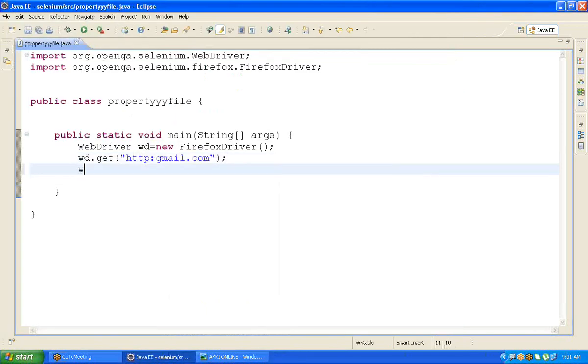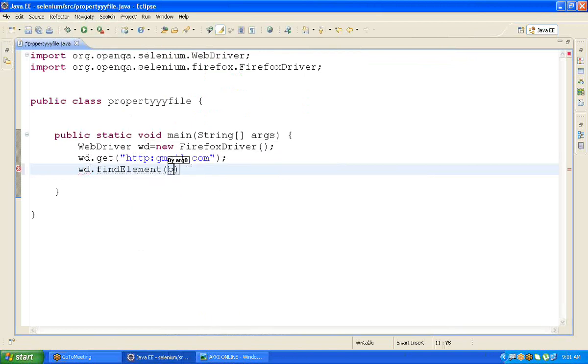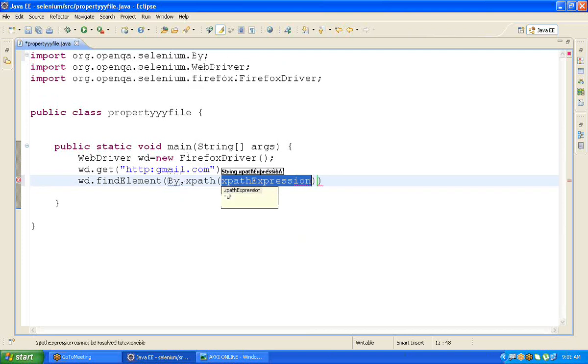Simply wd.findElement(By.xpath) and give the XPath. How to get the XPath? Observe carefully.